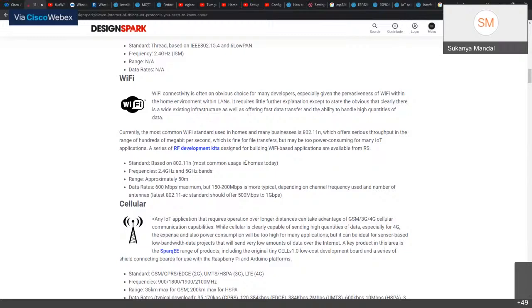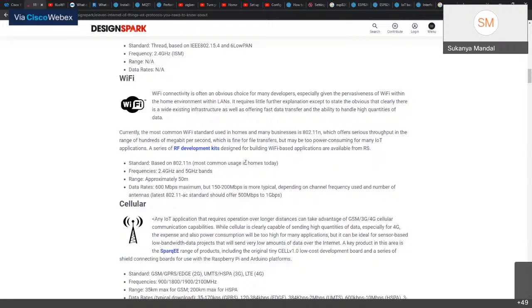But one thing to consider is that it could be too time consuming for IoT applications, like IoT hardware, which have power limitations. A series of radio frequency development kits are designed for building Wi-Fi based applications and are available from RS as a store. Anyway, the standard is based on IEEE 802.11n.